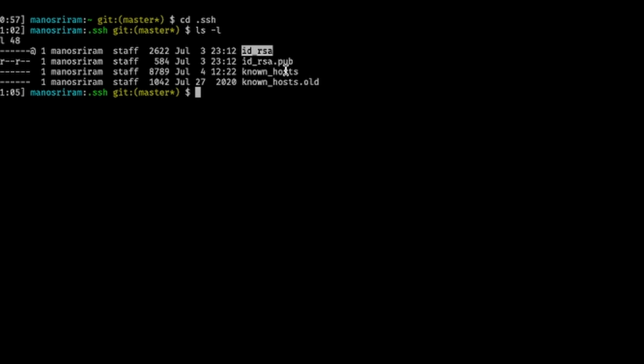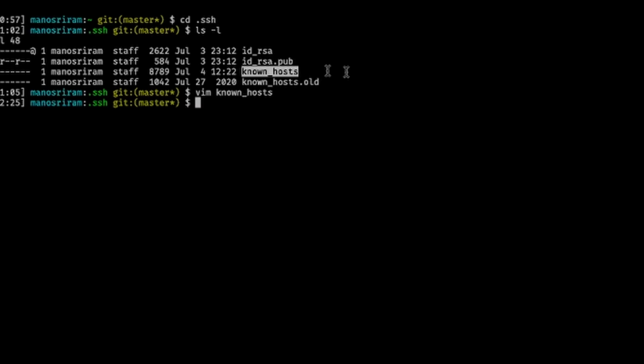In order to log into the VM, your local computer keeps a list of all the hosts that you are allowed to log in to, or allowed to access. So whenever you are logging into a new VM, you have to register it in this known_hosts file, so that your PC knows that the host you're logging in to is a safe VM and not something vulnerable. If you actually go into this known_hosts file, what you could see is a lot of IP addresses. I have blurred them, of course. So now we know what all these things stand for.